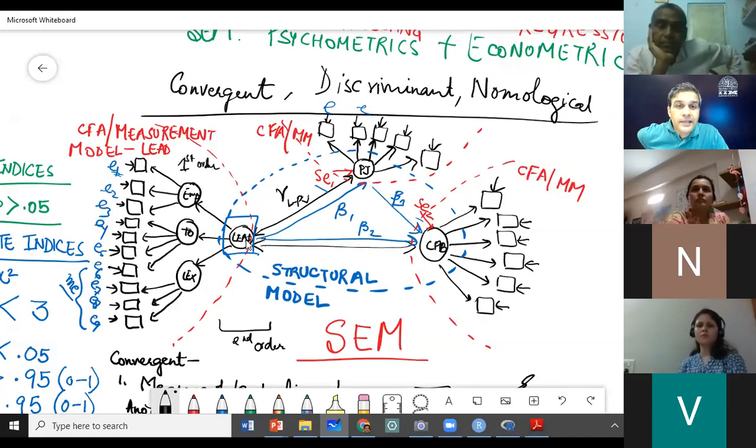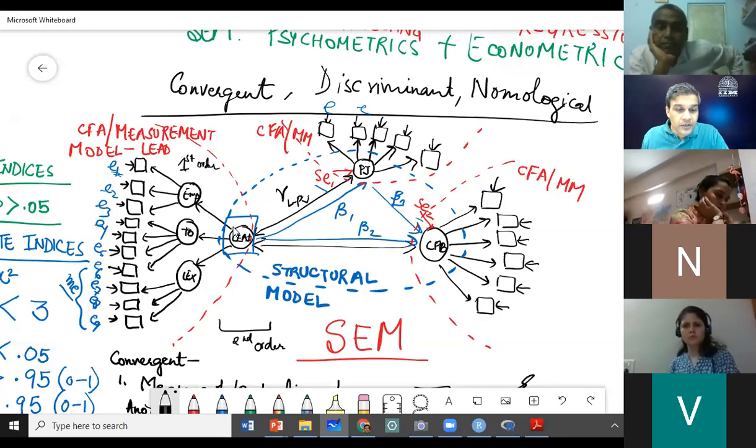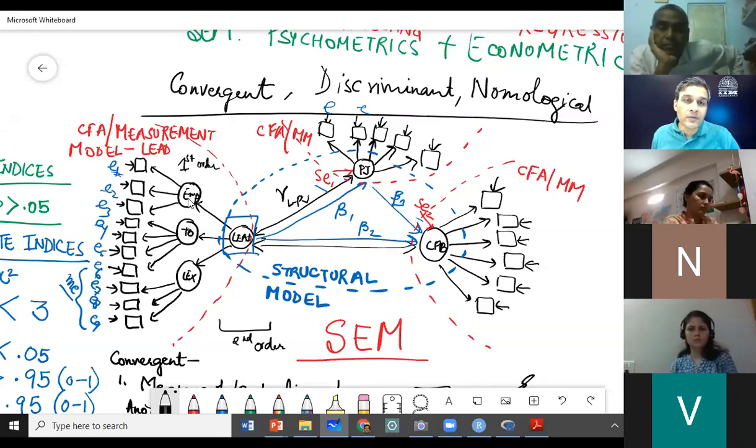So what we are saying in this diagram is that there is a second order construct. To answer your question, Ankita, what is first order? These were the observed items for my latent construct EMP. So that is the first circle that I encounter, right?